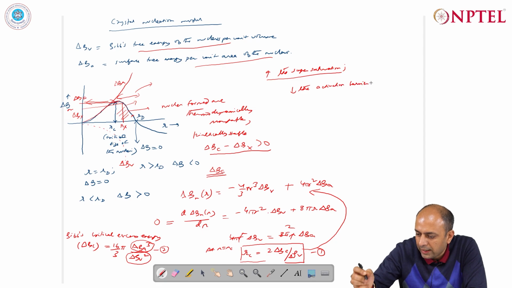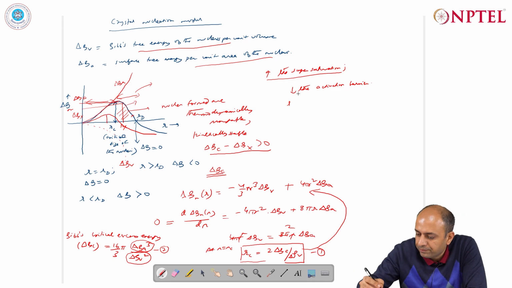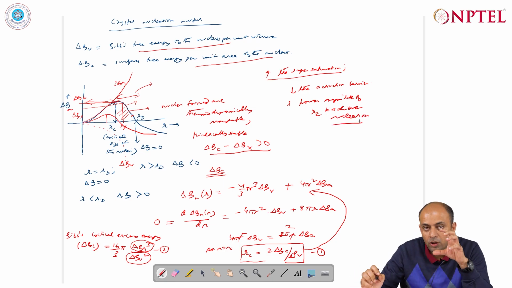This will now decrease the activation barrier, and when the activation barrier decreases, you need a lower magnitude of RC to achieve nucleation. Okay. So you can actually now modulate or control the barrier height by increasing the supersaturation in the system,